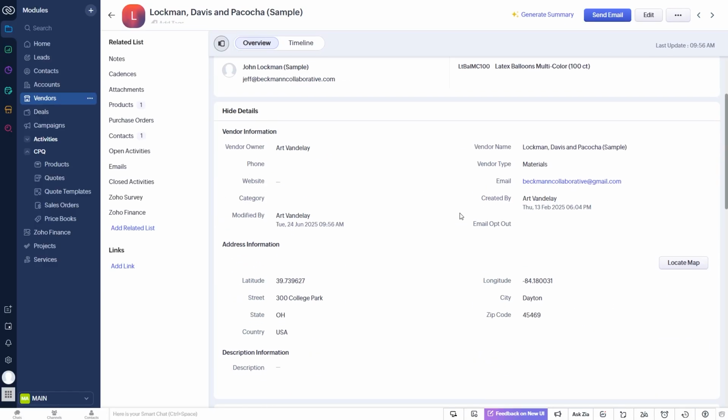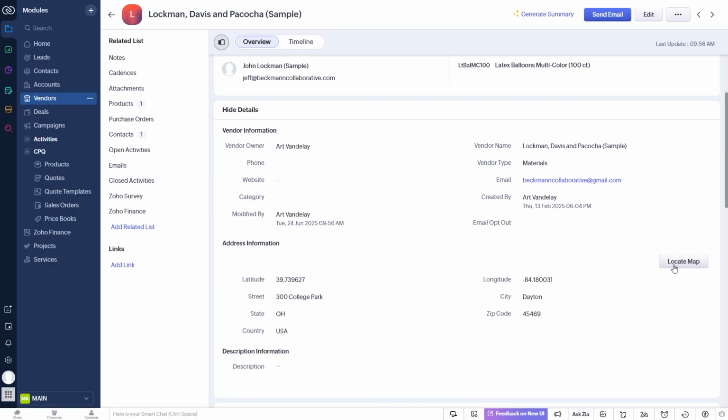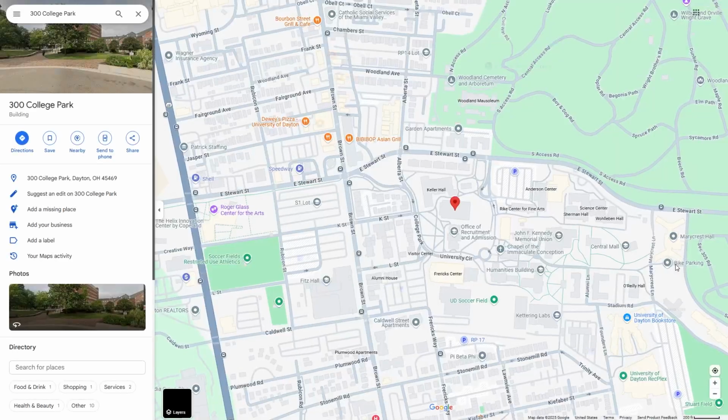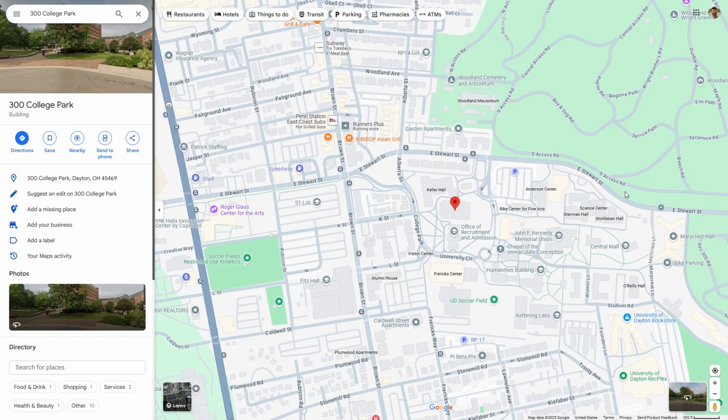And if we scroll down to the address, you can see this locate map button. This is actually a product of a native integration between Zoho CRM and Google Maps. So if for whatever reason you've entered the address information, the workflow's run, and you're still not seeing latitude and longitude here, you can just click locate map, and that actually takes you in a separate tab to that address